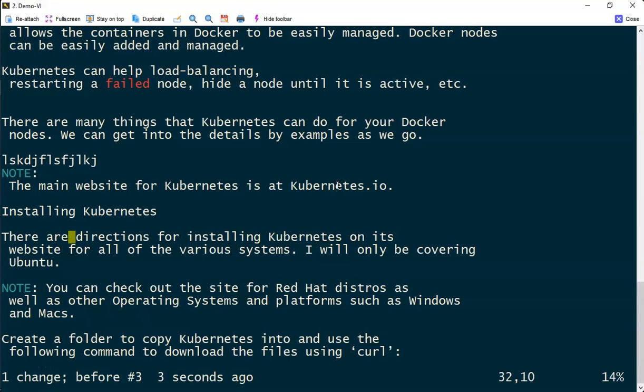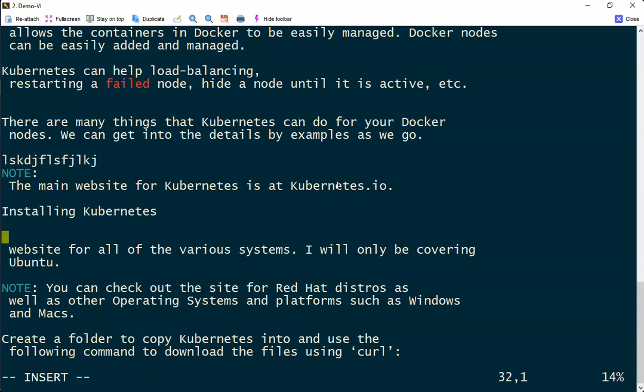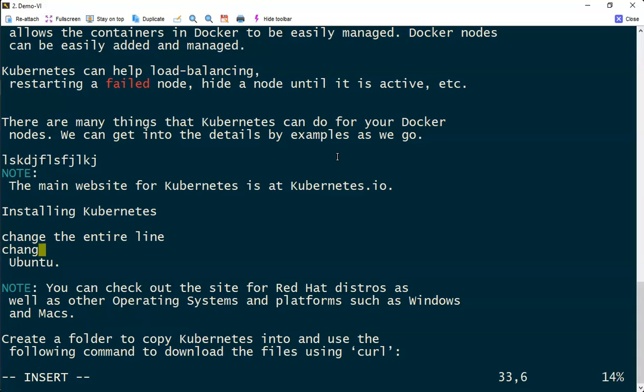Okay, this is S. What is Shift S? Shift S is change the entire line. This is very similar to CC. CC also has the same thing. Change the entire line.